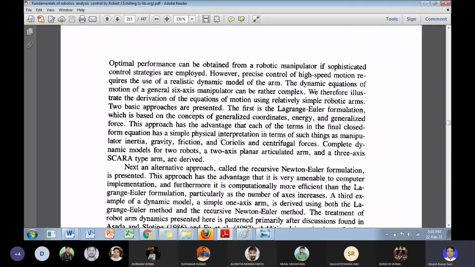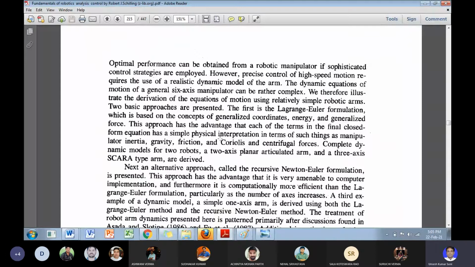So complete dynamic models of two robots, a two-axis planar articulated robot and a three-axis Cartesian type, are derived in this chapter. A recursive Newton-Euler formulation is also an alternative approach in place of Lagrange-Euler formulations, and it has better implementation facility for the computer, though it is computationally more complex than a Lagrange-Euler formulation. So